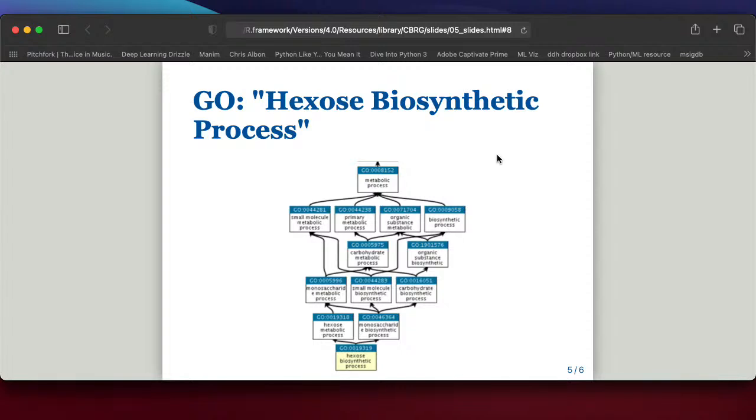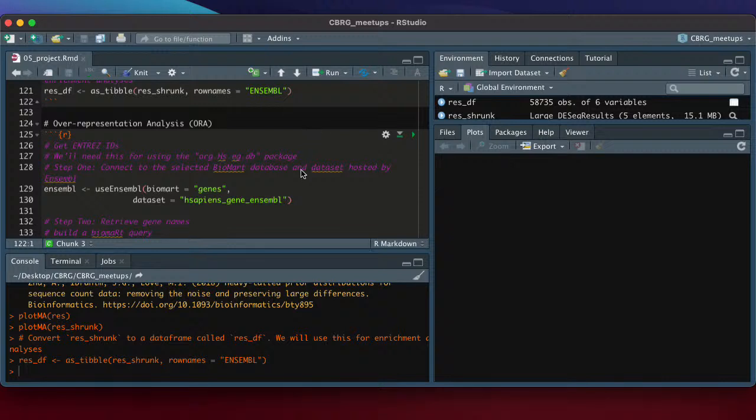If you want to know more about that, you can email me and I can send you these references. But a simple Google search will give you really nice explanations. Basically, this test quantifies how unlikely it is to see the number of genes that belong to a certain GO term in your query list, and that's it.